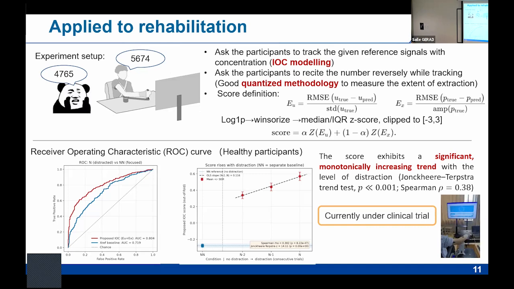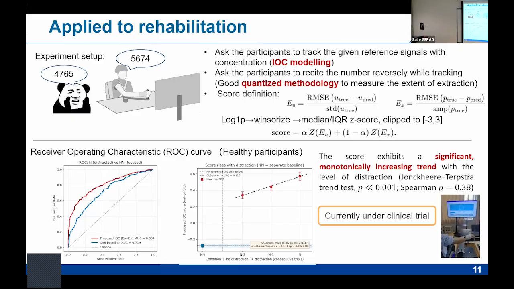What it says is that if you fix the false positive rate, then you will see that the true positive rate is always larger than our baselines. And if you fix the true positive rate, then your false positive rate is also smaller than the baselines. So that shows it's a better indicator.